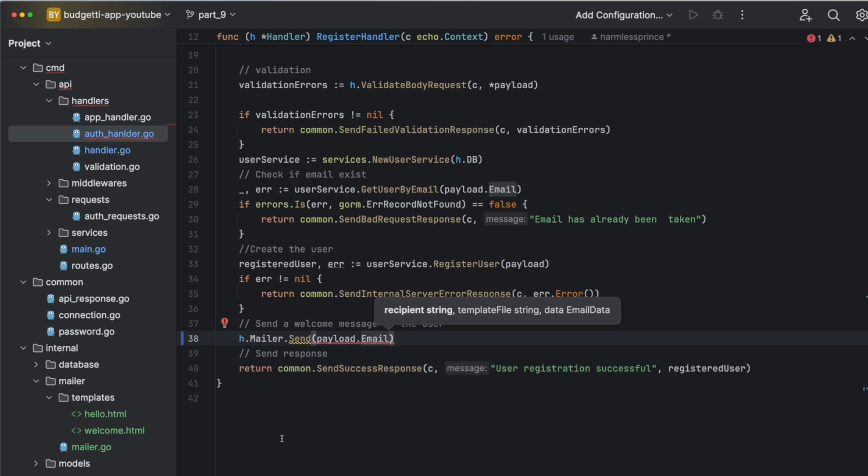payload.email. What else do we need? We are not attaching any other thing, right? So payload.email, and we are going to specify the template's name, and the template that we are using here